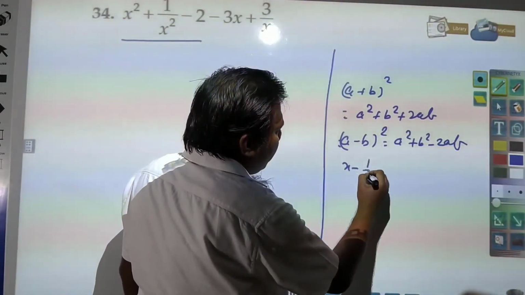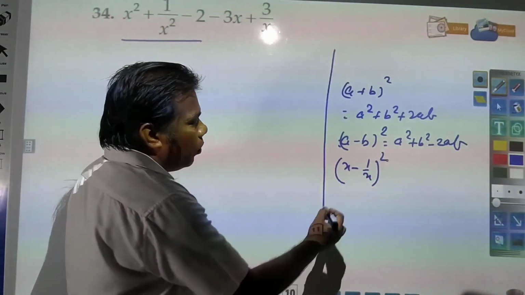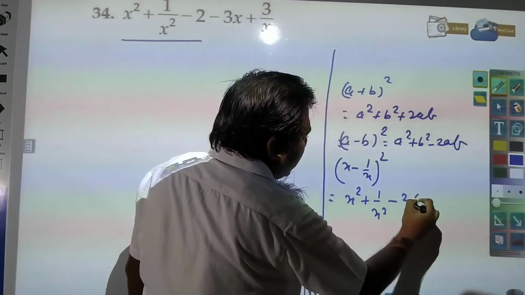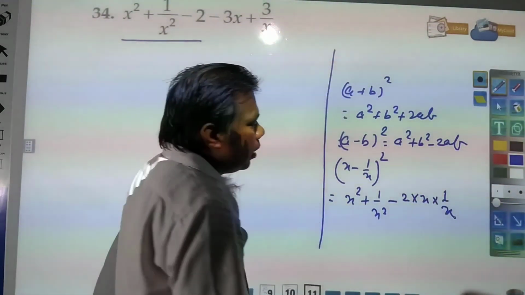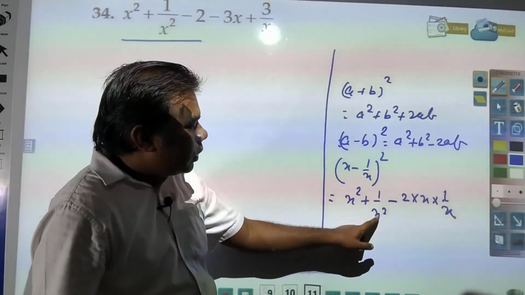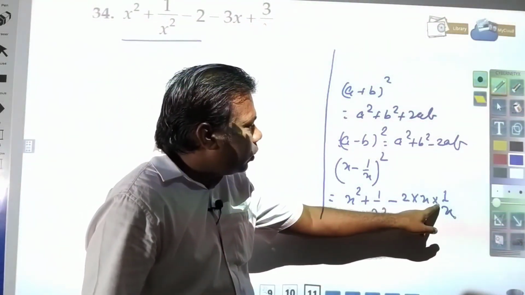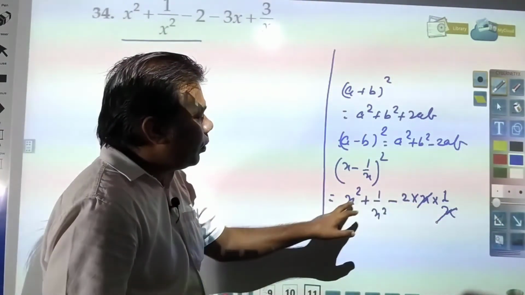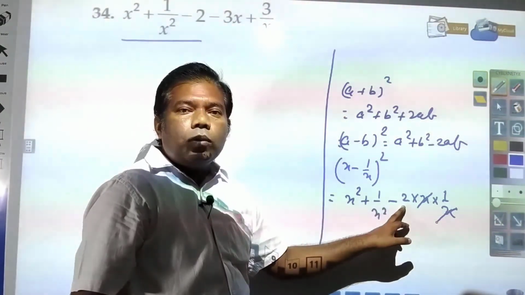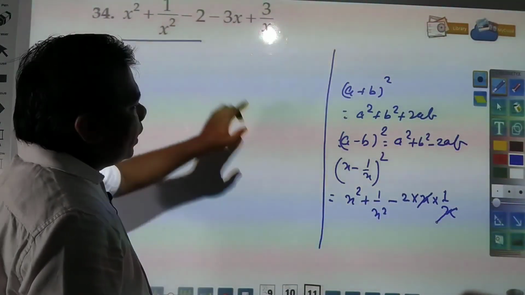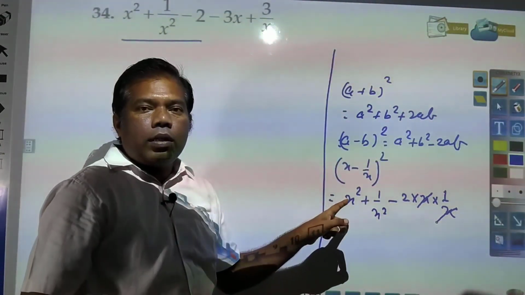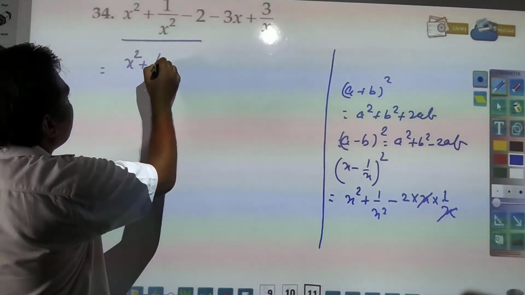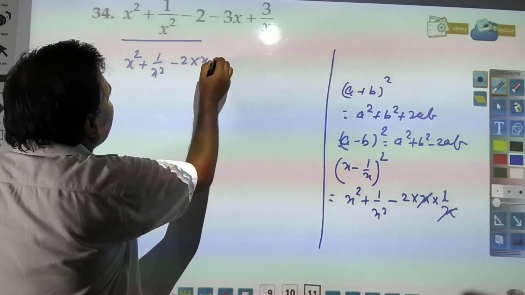So x minus 1 by x if you will be having, then which formula you will get? x square plus 1 by x square minus 2 into x into 1 by x, a square plus b square minus 2 into a into b. This formula has been applied. So if x and x will be cancelled, you will be left with x square plus 1 by x square minus 2. So here this term can be written as x minus 1 by x whole square. So directly you don't write, it will be better you write in this form first, x square plus 1 by x square minus 2 into x into 1 by x,